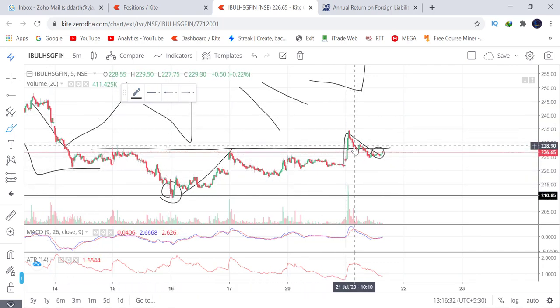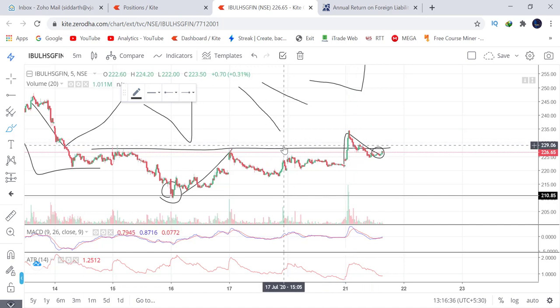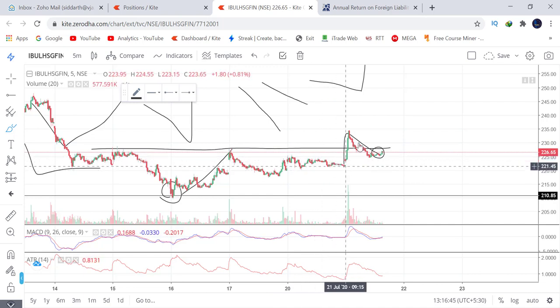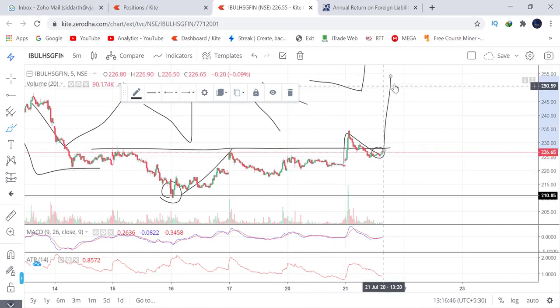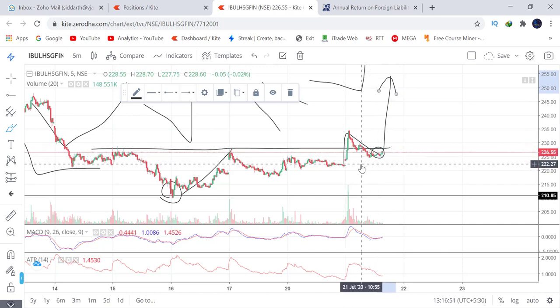Add this to your trading. Believe me, this is what changed the trading game for me, right? This will also ensure that you will get a good risk to reward, and the trade will take off immediately after you enter the trade and not test your patience for a long time.